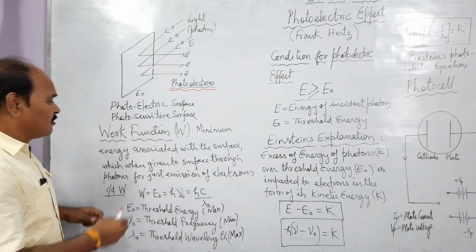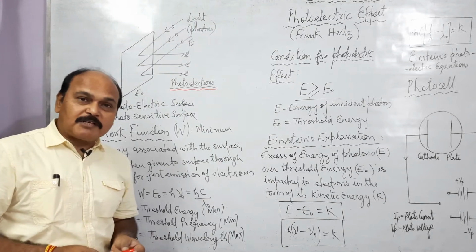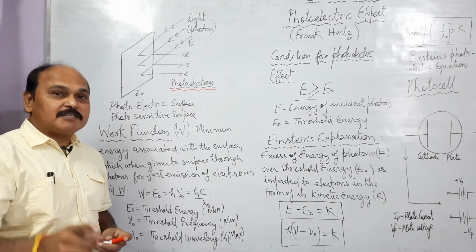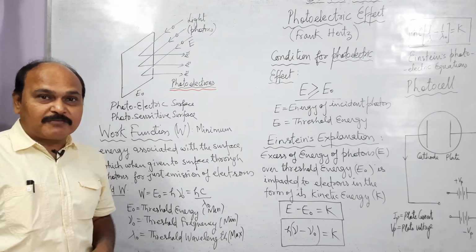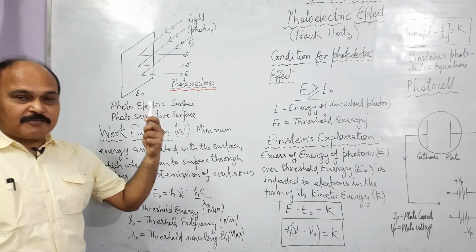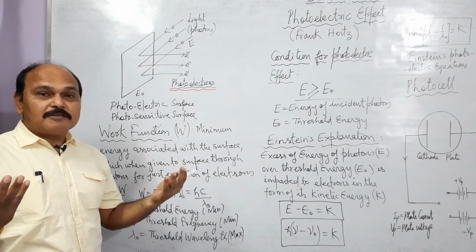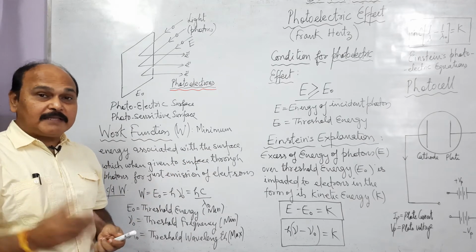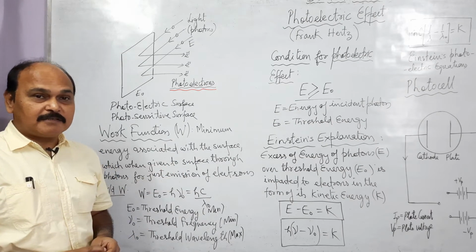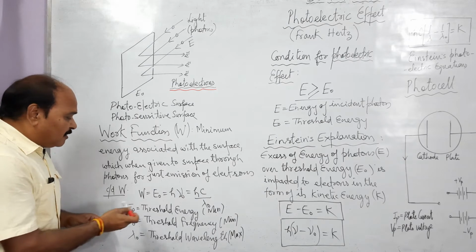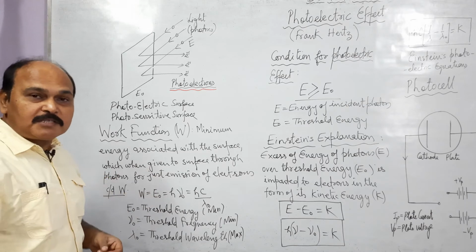So what is work function? Work function is the minimum energy of the surface which, when given to the surface through photons, is for just emission of electron. So this minimum energy, which is the characteristic property of the surface, is called the work function of the surface. So only from those surfaces electrons are given out whose work function is low, and the energy of incident photon is greater than the work function of the surface. Well, energy of photon, electrons are produced here when the photons fall over the surface.